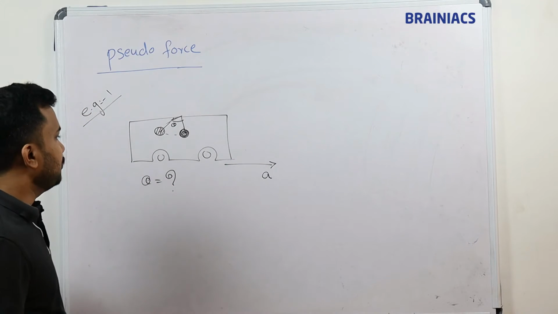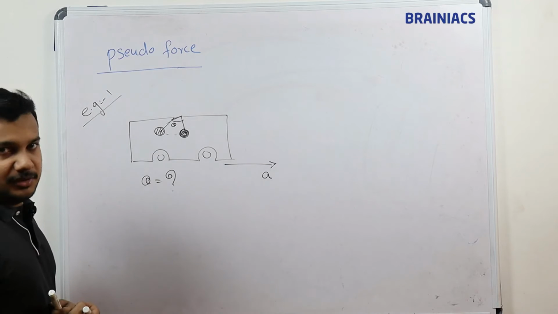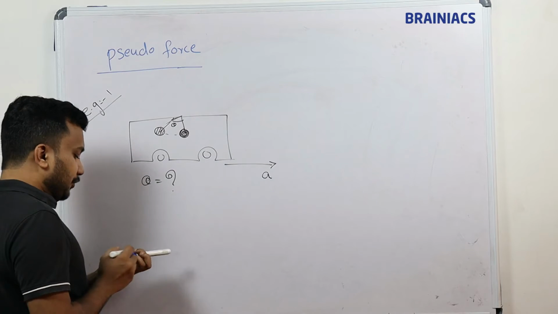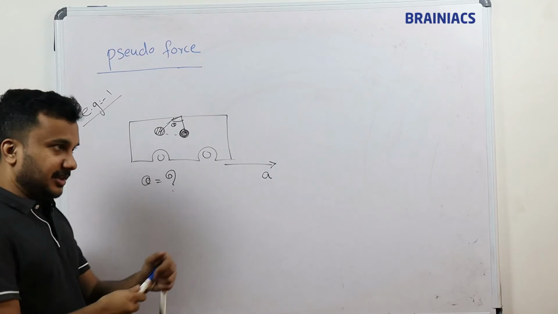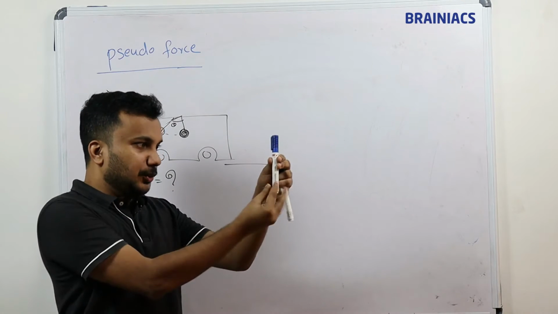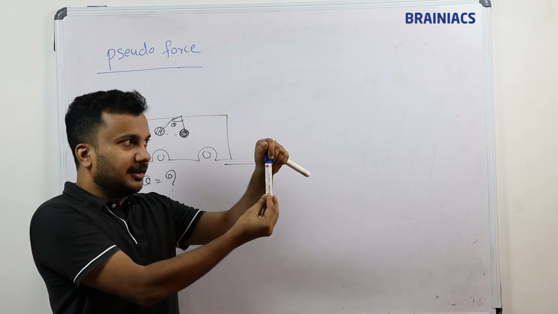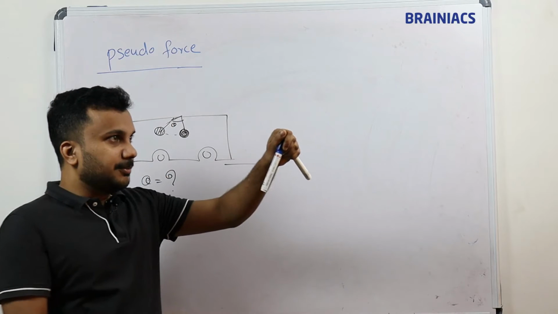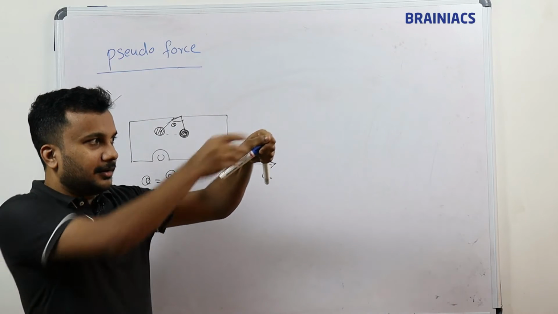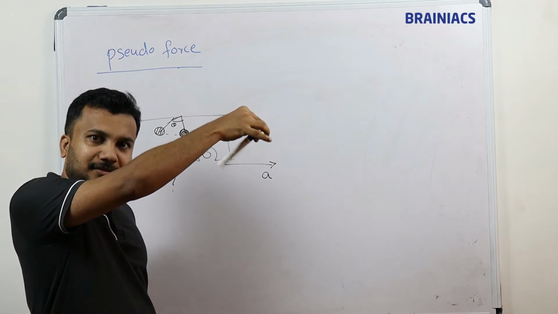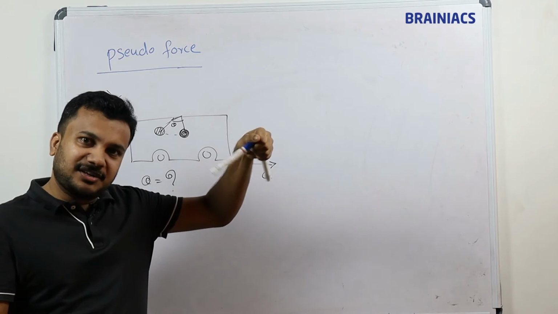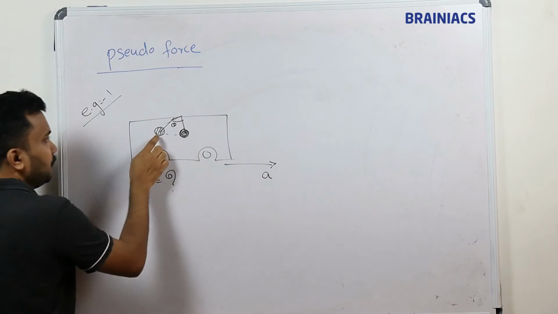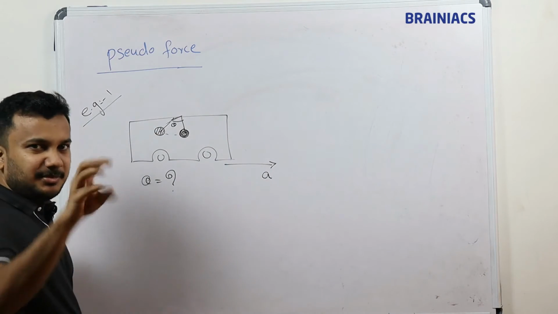This is the question: how much theta value I have to find out. For that, if you look here, this is moving. For example, a car is moving, and this is a pendulum. The car starts to move, which means the pendulum will be pushed back. It will be in that position and just jerking like this. So it will be in this position, and there is a rest position.